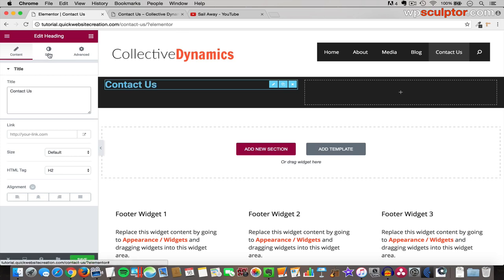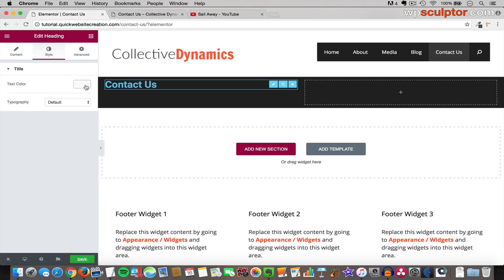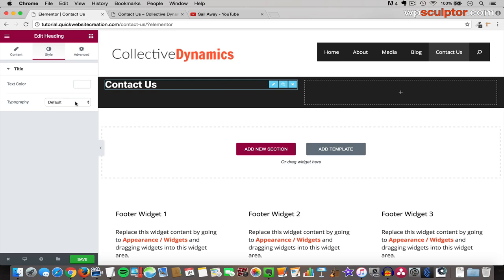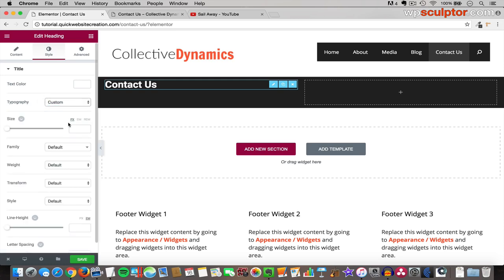And then of course I'm going to switch to the Style tab, and we're going to click on the text color box and make this text white. And then we'll click on the color box to minimize that. And then for typography, we'll click where it says default, change it to custom. And then next to font family, we're going to click on default and change this to the Amatica SC font. So I'll type that in, and then I'll click on that option. And then we'll come up in the size box and type in 68, because that's the font size that I